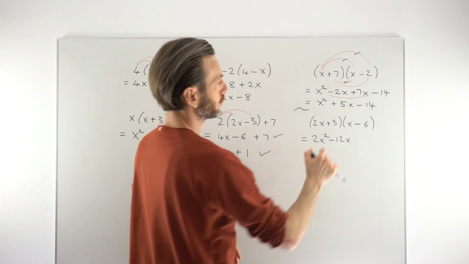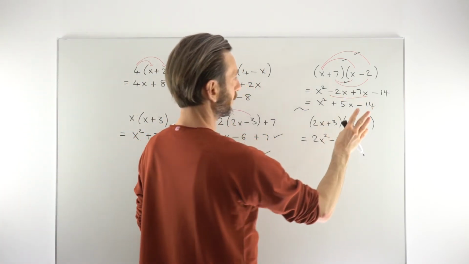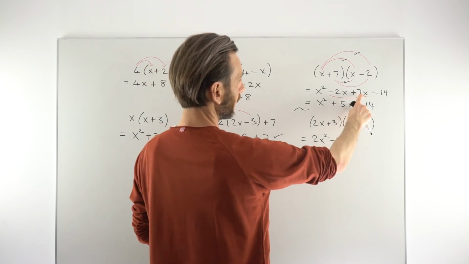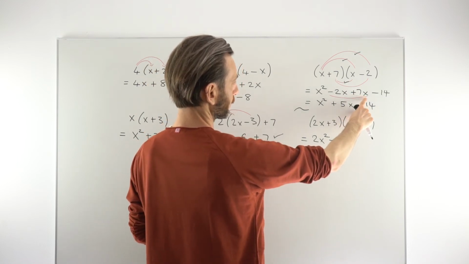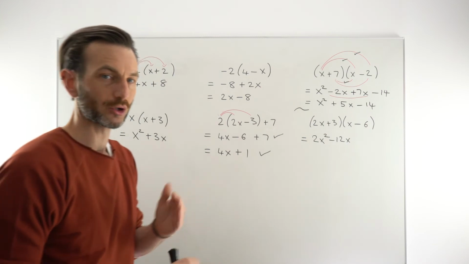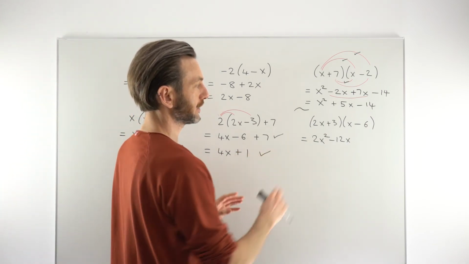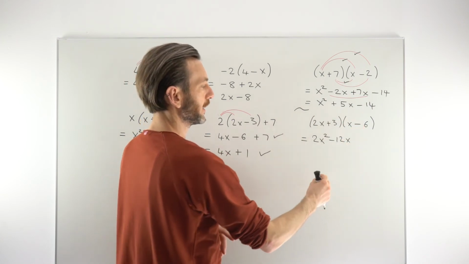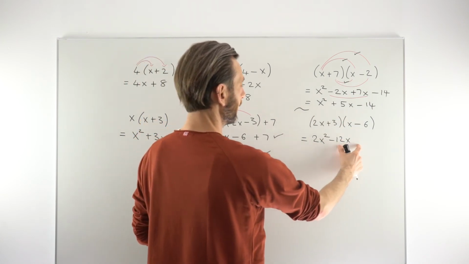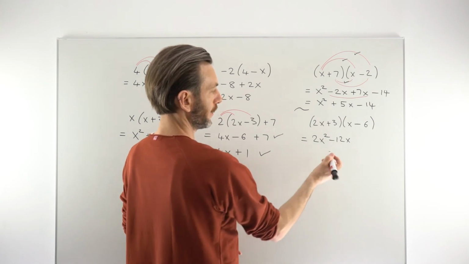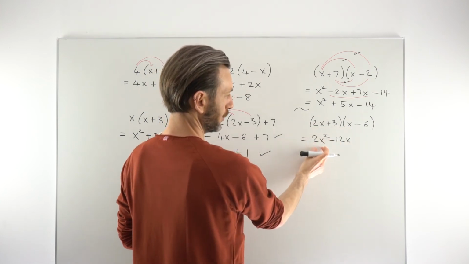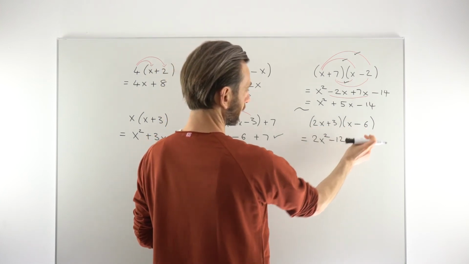I was going to just say the two middle terms, you can kind of do those in either order. So it would be okay if you did the 7x first here, then the minus 2x. That's maybe personal preference, or it depends on how you learn this technique. There are different ways to order them, but you should really go square term and then the x terms and then the number term. So I've gone 2x times x to get 2x squared, 2x times negative 6 to get that guy,